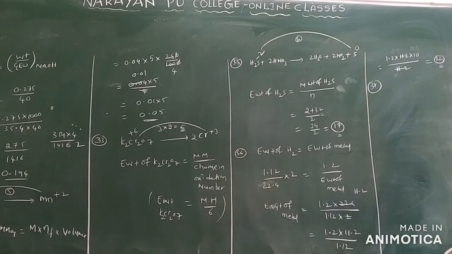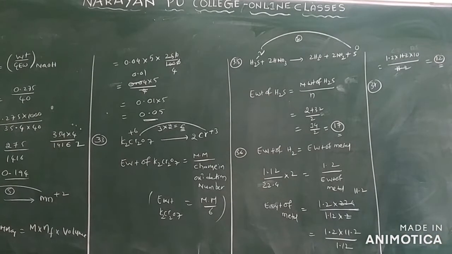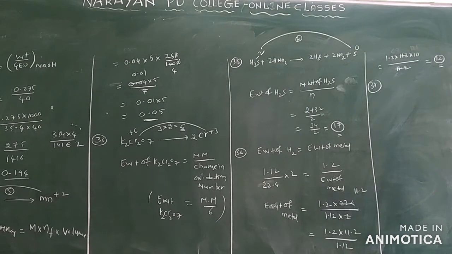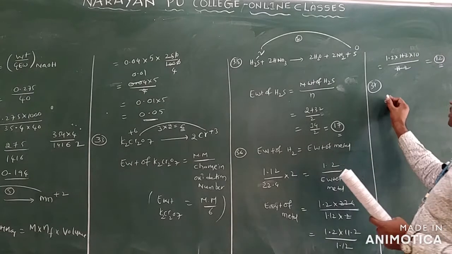Now we can see the next question. Which of the following nitrates will leave behind a metal on strong heating only? They have given different forms of the nitrates. If you heat the nitrates in a particular option, the metal can be formed, but in the remaining options you will get metal oxides only. You can identify which one gives a pure metal only. The first one given is ferric nitrate.